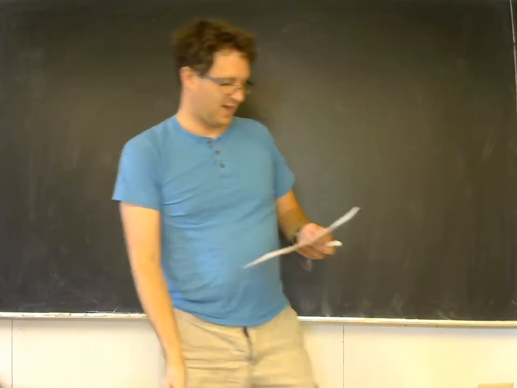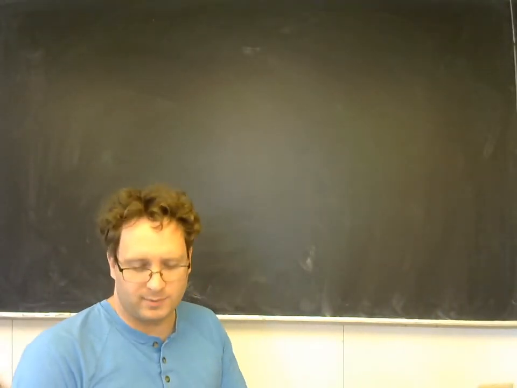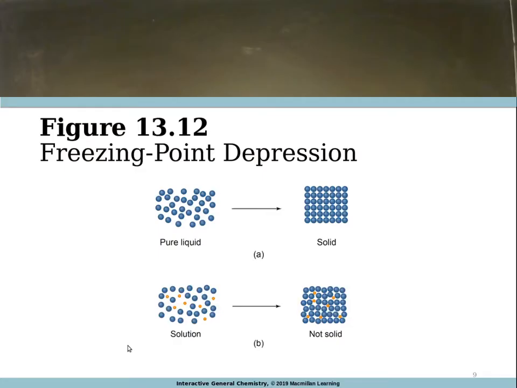And that is freezing point depression and boiling point elevation. All right, so here we see a figure which demonstrates how freezing point depression works. On the top we see a pure liquid, and as the temperature gets low enough, then those particles will organize themselves into a solid. If you have a solution, though, your solvent particles have these solute particles interspersed among them,